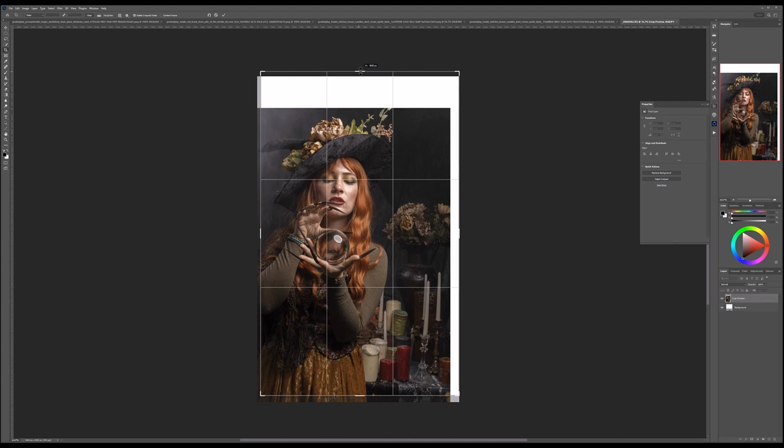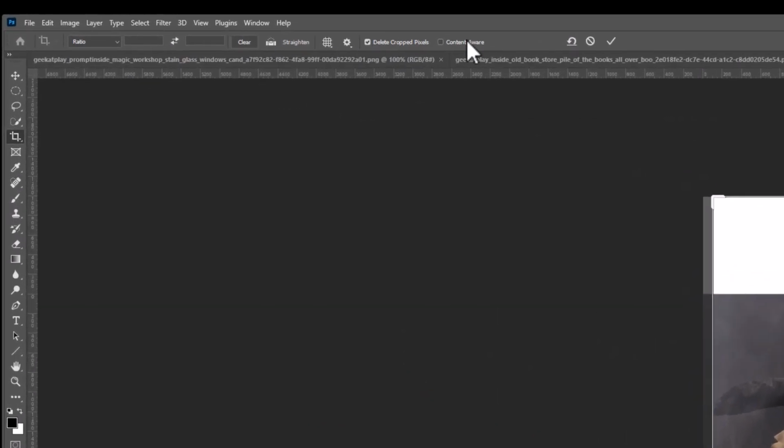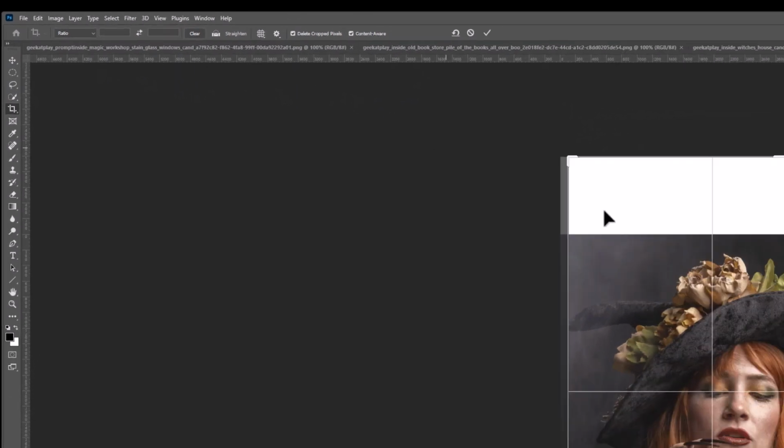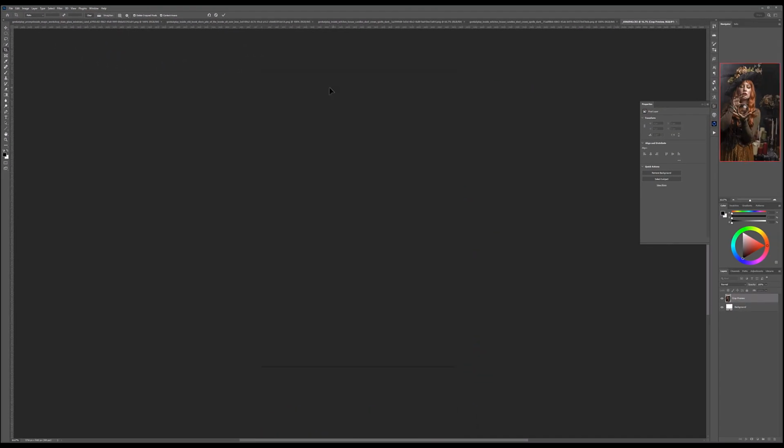So one point. Remember, this is the two-thirds rule. This is the center where mostly our attention will go, and I want to set it on your eye. We're going to use the content aware type. So we'll click enter. It takes a little bit of time for Photoshop to process, and it actually does a